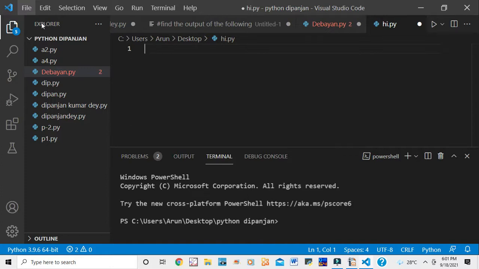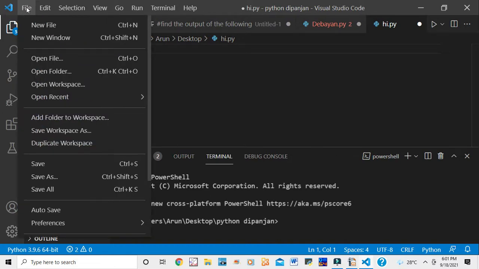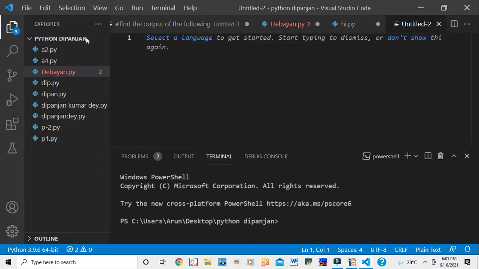Just see what I am doing here. From file you have to go, then open new file. You see the new file is opening. So what will you do? You have to paste over here.